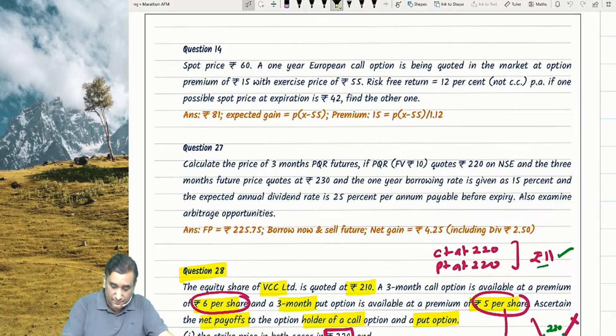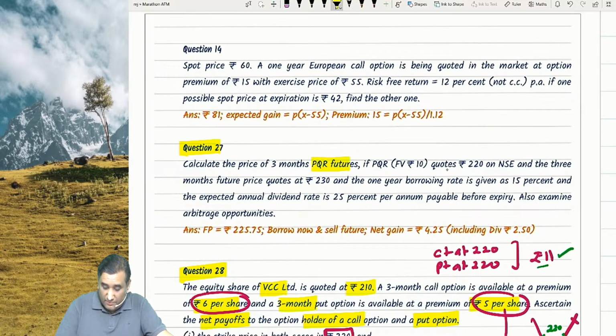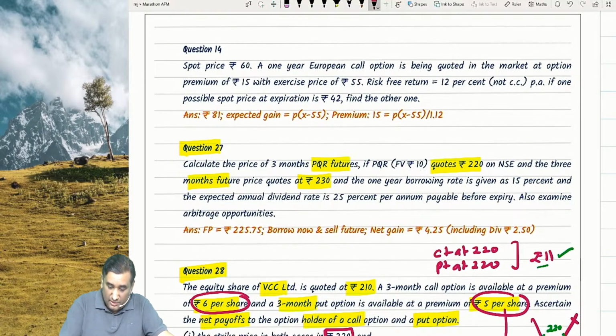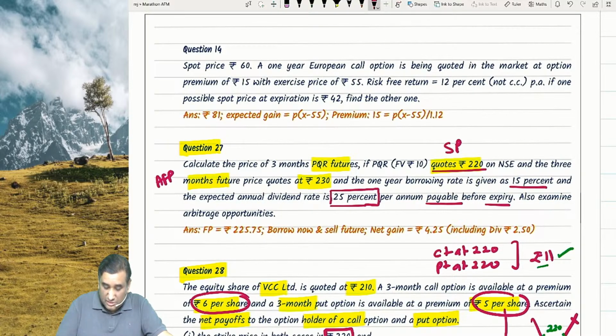Please calculate the price of 3 month futures. The stock quotes at 220 in the spot market and 230 in futures. Spot price is 230. The 1 year borrowing rate is given in percent, and the expected annual dividend is 20 per annum. Also examine arbitrage at expiry. Remember, the dividend rate is on the